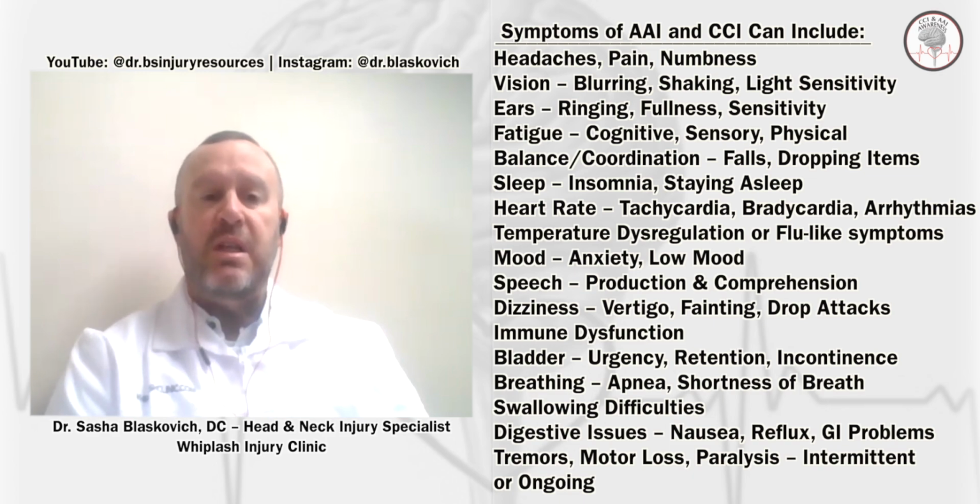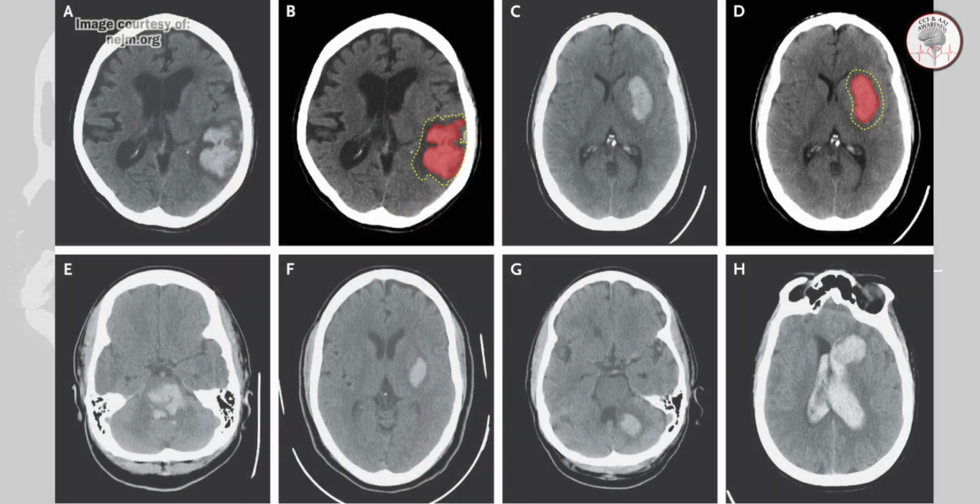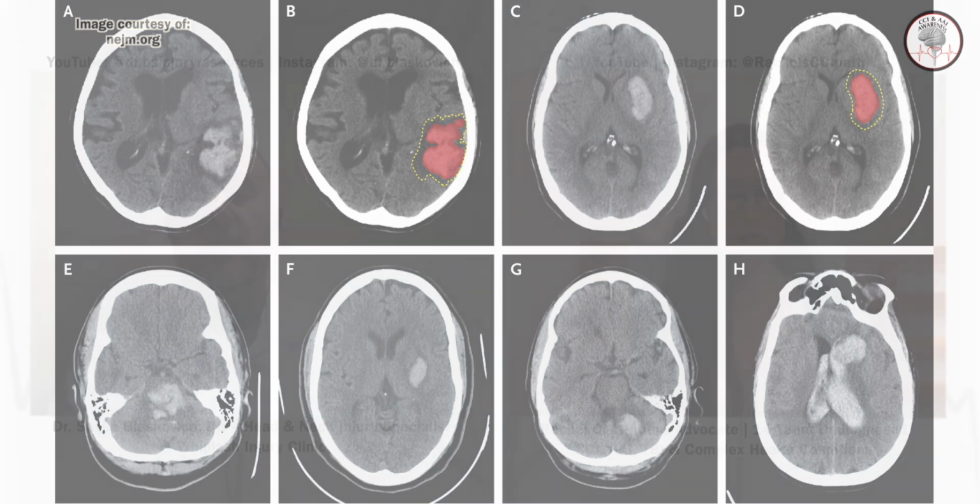So the assumption is that it is brain related, and then it'll either be an MRI or a CT scan of the brain, sometimes with or without contrast, only to render unremarkable or normal results, because what they're looking for are obvious brain bleeds, aneurysms, areas of focal necrotic or dead brain tissue. And at the end of the day, it occurs occasionally, but it's a very rare situation that is the true cause that is then found on imaging.